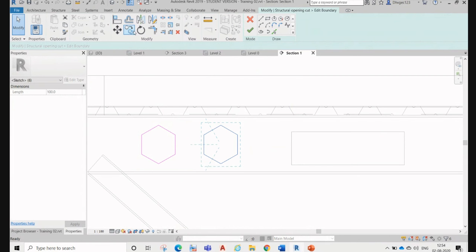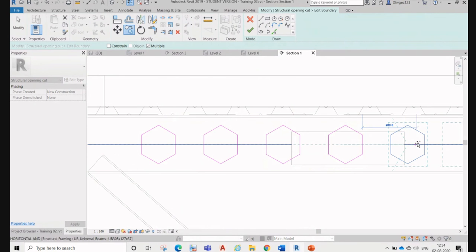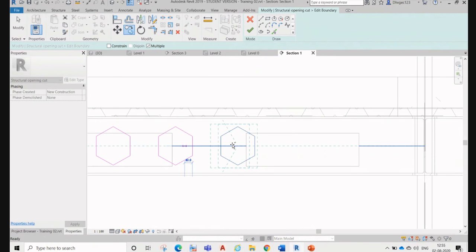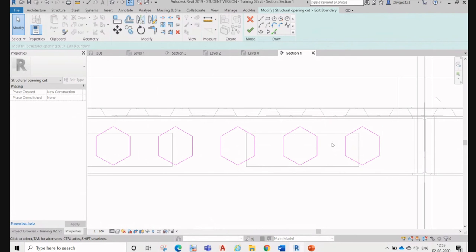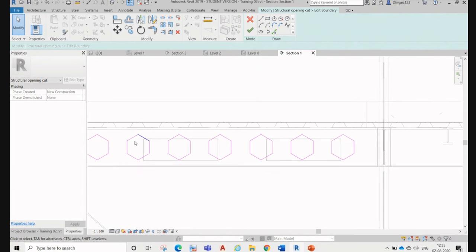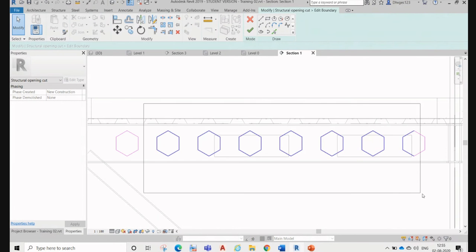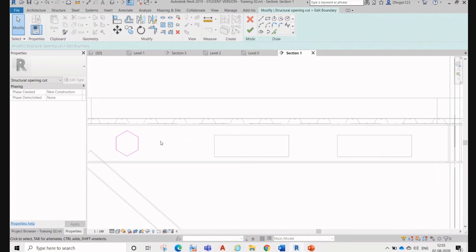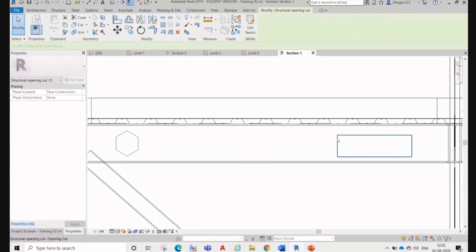Okay, so like here we will make multiple. Oh, again we made a mistake. We made multiple loops. Okay, so what we'll do, we'll delete this one, right? Keep that one and delete this one.